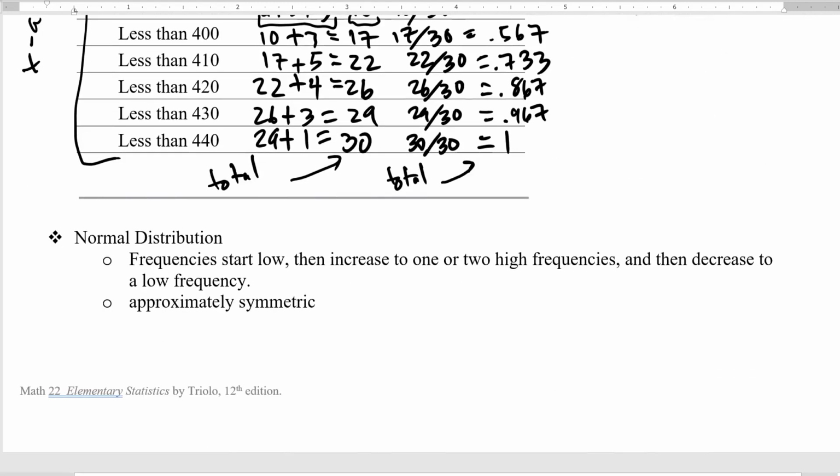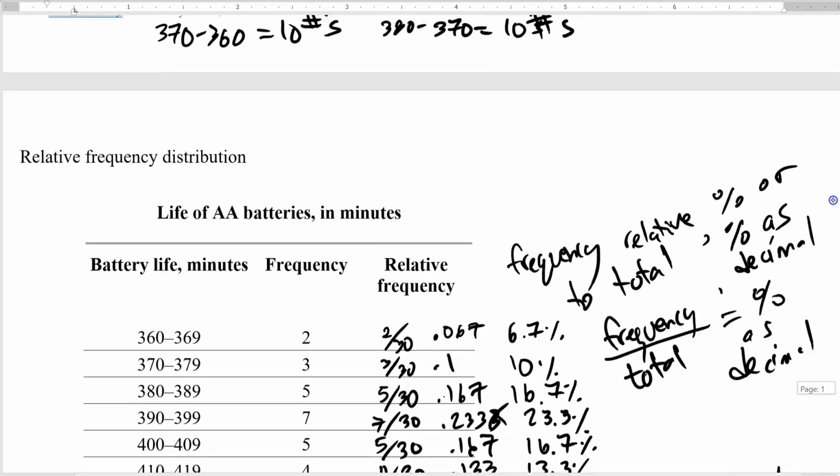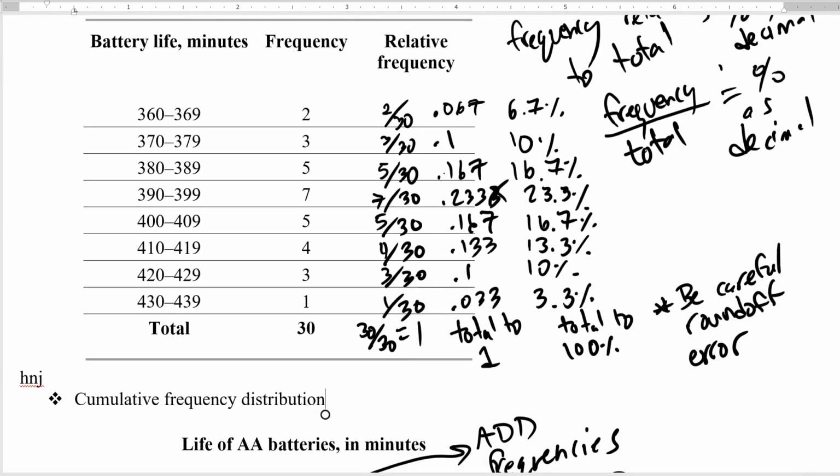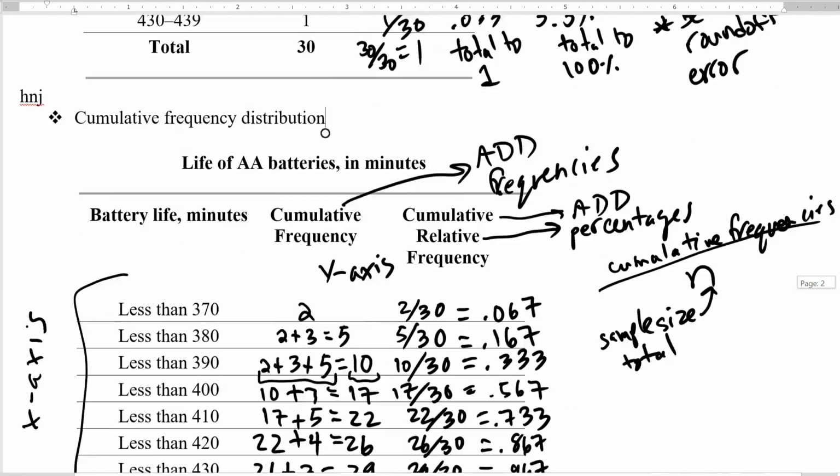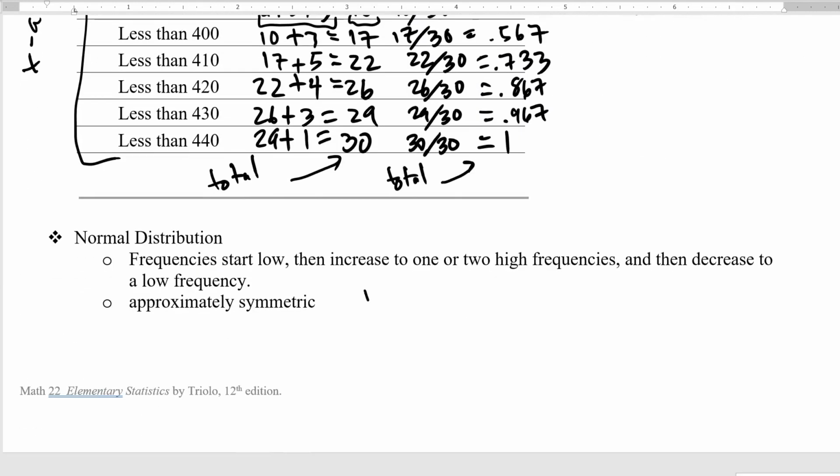Anyway, the last thing we want to talk about is a general introduction to a normal distribution. What a normal distribution does is the frequencies start low, increase to a high frequency, and then decrease. We can see this numerically. If I look at this question, this data was relatively normal. It started off low, 2, 3, 5. It reached a peak, the highest point around the center, and then it got lower and lower and lower. We'll see this more in our next one, but basically visually,